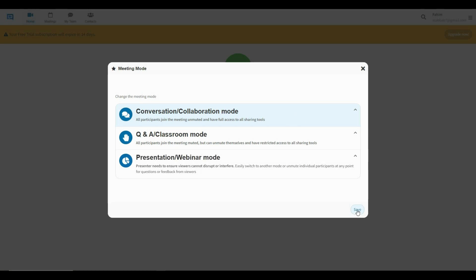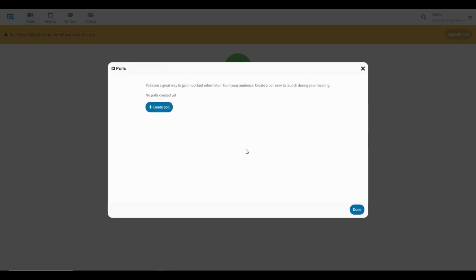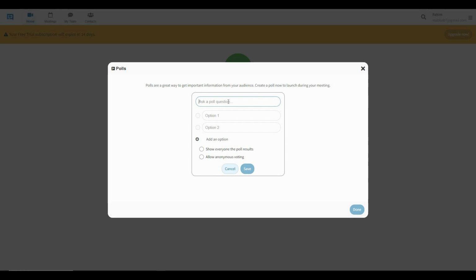So let's choose the first one and then click on save. You can also create a poll from this section. So for that, click on create poll and then you can write your question in here. For example, this is my question, and then you can add 2 options by default. So the first is yes and the other is sure. So you can also add as many options as you want by clicking on this plus icon,